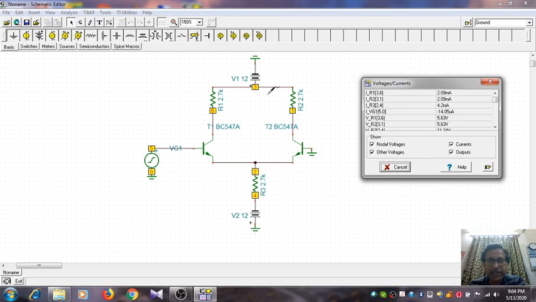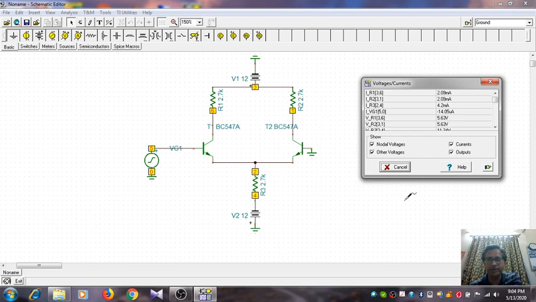Similarly, IR 3,1 is the current flowing in the right arm of the differential amplifier, that is also 2.1 milliampere, and you see the current that is flowing through the third resistor, the tail resistor, is given by the value 4.2 milliampere. So 4.2 milliampere means roughly 2.1 milliampere on the left arm and 2.1 milliampere on the right arm. Together they make 2.1 into 2, that means 4.2 milliampere, and 4.2 milliampere is passing through 2.7 K. So approximately 11 point something or nearly 12 volt drop takes place in that tube. So this circuit is well balanced as far as the differential amplifier operation goes.